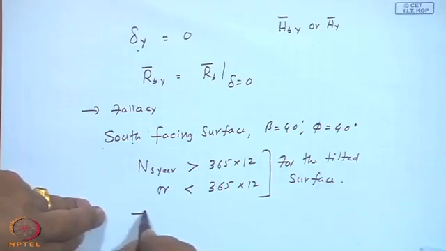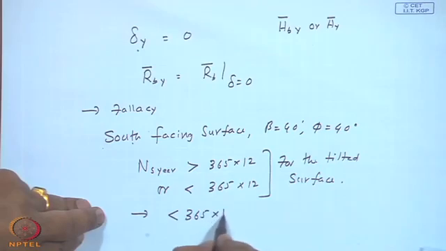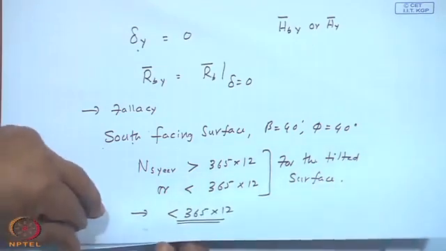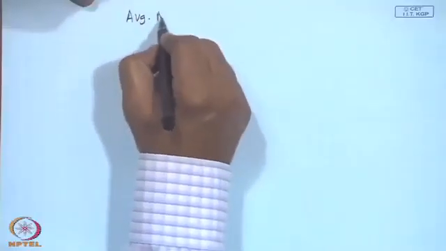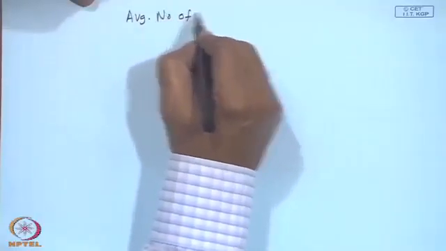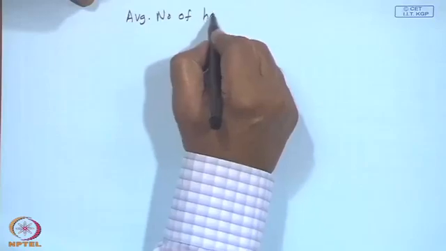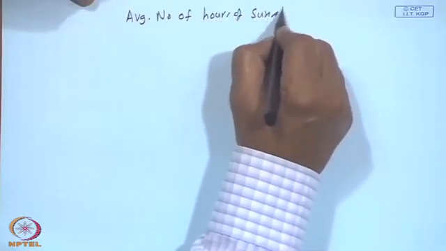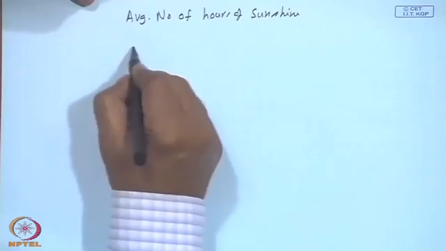We can readily say it should be less than 365 into 12. I will give you an additional piece of information just through mathematics. Anywhere on earth, the average number of hours of sunshine during a year